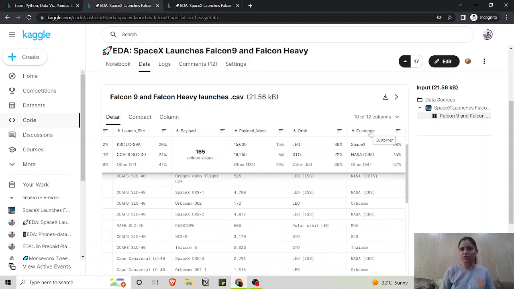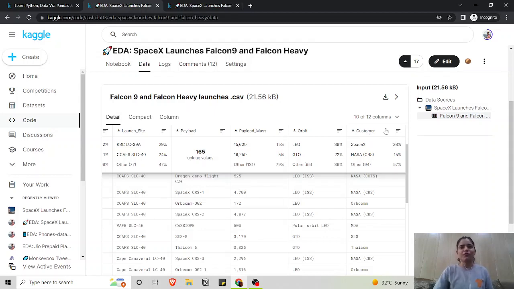There are lots and lots of orbits up there, so we might be interested in knowing which orbit the rocket went to. And if SpaceX is putting so much money into these heavy launches and rockets, who is the actual customer? What does it provide and who are its main customers?